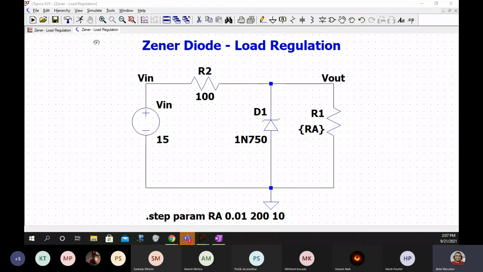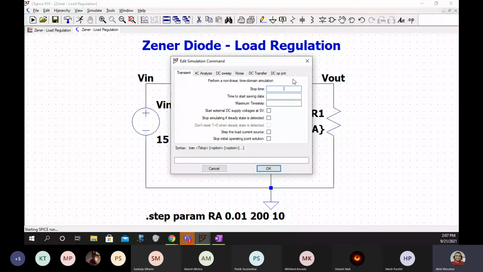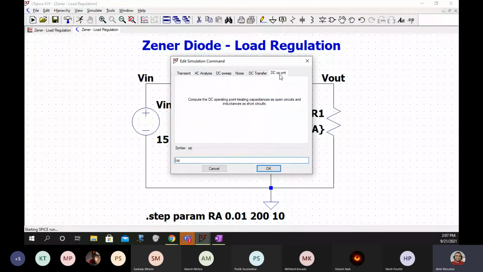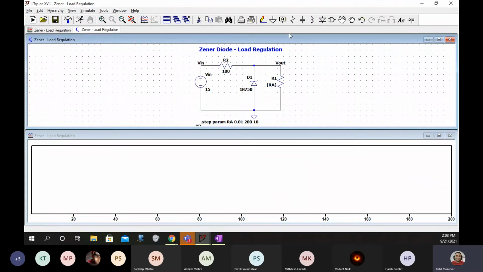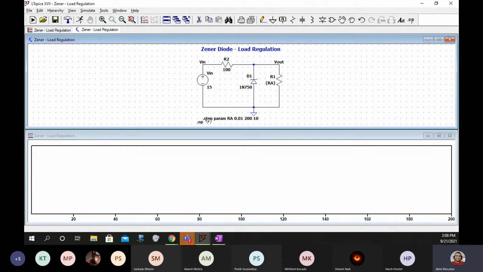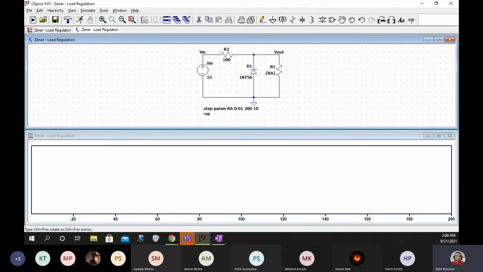Okay. Now what we will do is we will try to run this. Once you make this circuit, we will run this. The moment you say run, it is asking you start time, stop time. So you use the last option, DC operating point. DC operating point means whatever is the DC circuit in this, just use that value and calculate everything. That is what you are telling SPICE. So that .op you can see here. You can just move it somewhere here.